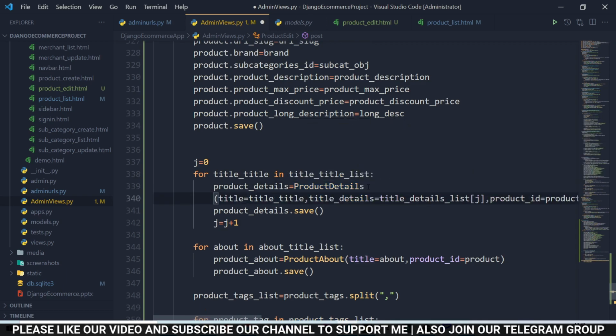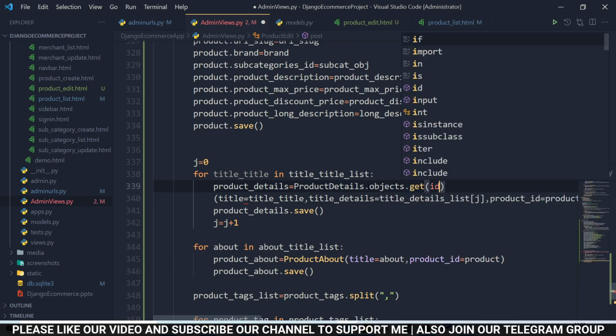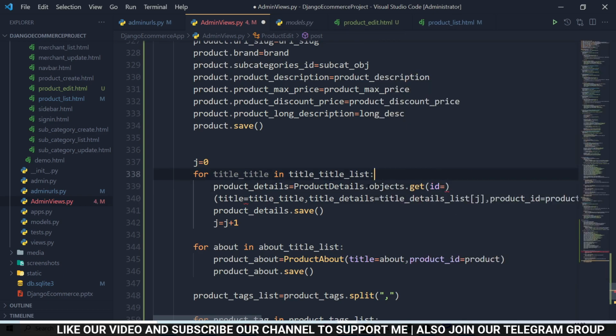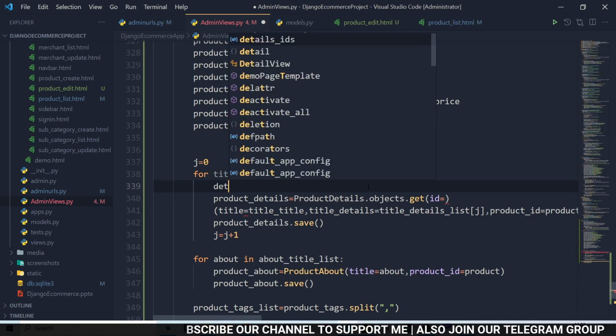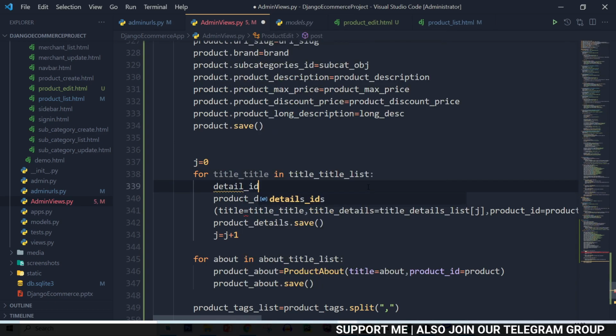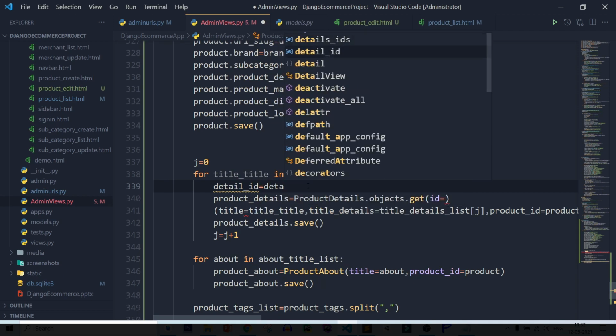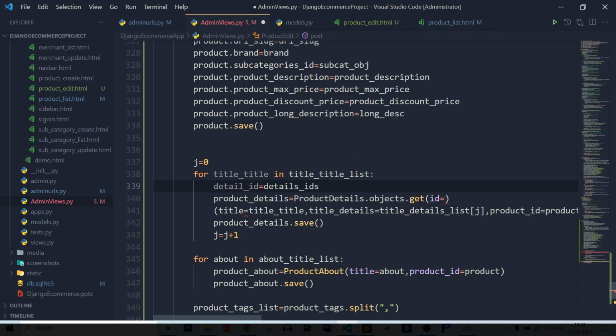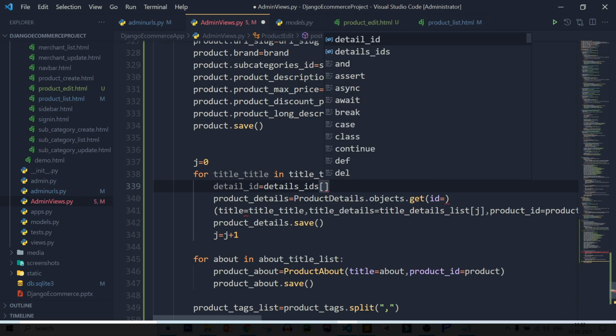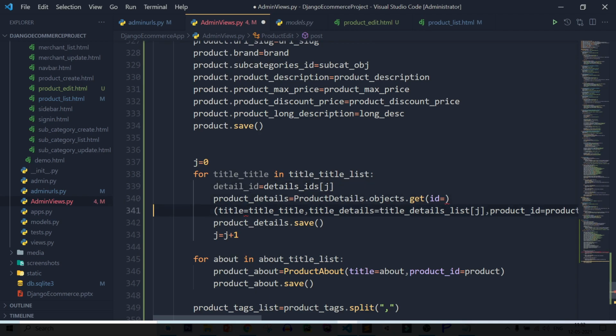So here again, product_details.objects.get id equal to detail_id equal to details_ids, then passing the index, which is j.